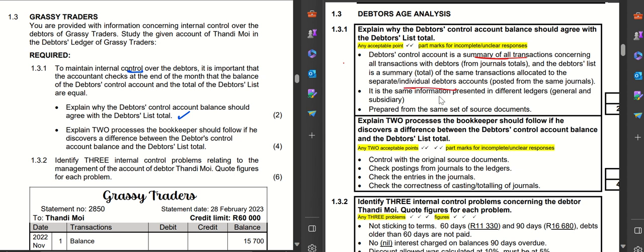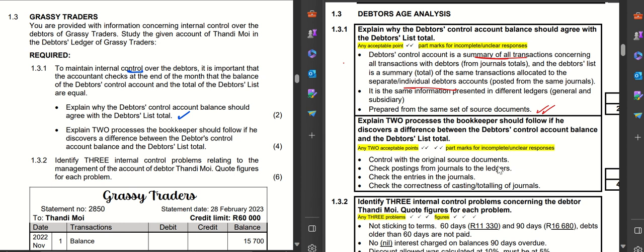Number 2, it is the same information presented in different ledgers. Number 3, they are prepared from the same source documents. The next question then says, explain 2 processes the bookkeeper should follow if he discovers a difference between the debtors control balance and the debtors list. What can be done? Number 1,